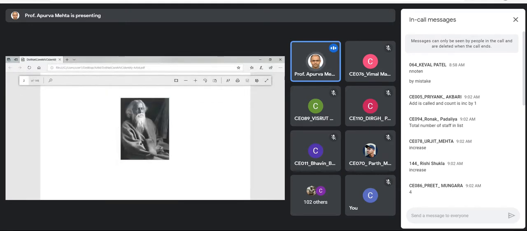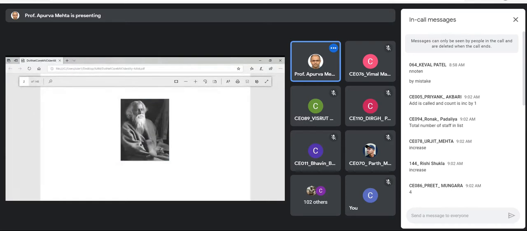Can you recognize this person? Yes, Rabindranath Tagore, a poet, a writer, a painter, a teacher, a philanthropist, many roles, right?